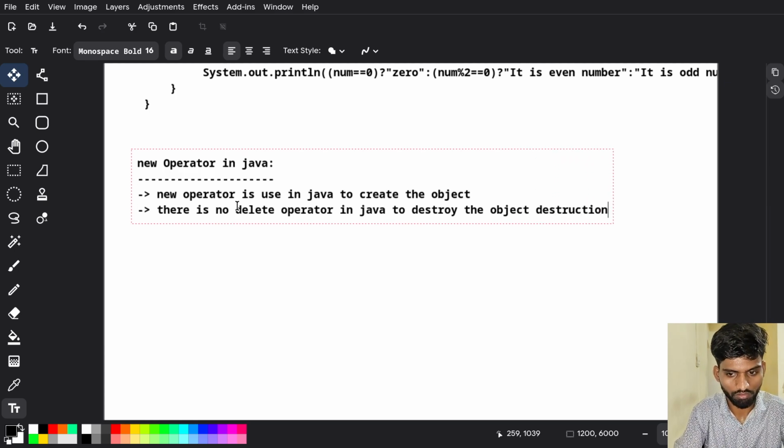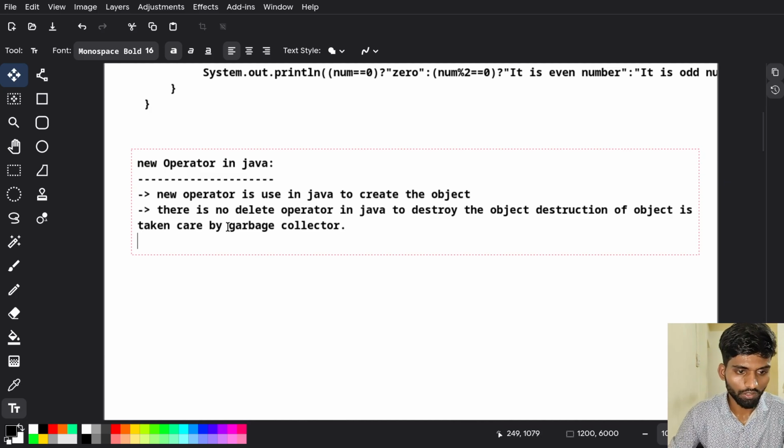Destruction of objects is taken care of by the garbage collector. So remember, only the new operator is available in Java to create the object. There is no delete operator in Java to destroy the object; destruction of an object is taken care of by the